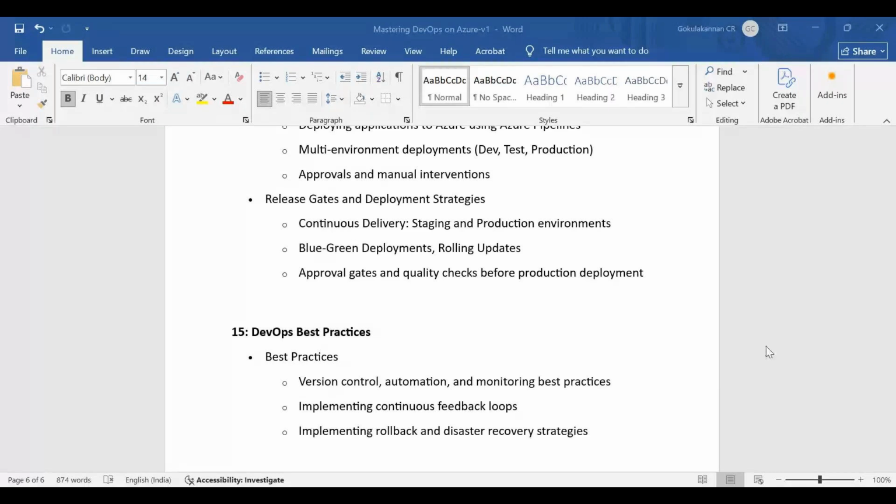The course I have managed in such a way that 40 hours of regular classes would be there, during your weekdays, Monday to Friday, daily 1 hour we'll be doing it. Apart from that, we do have the lab activities also. At the end of every session, I'll be sharing the lab related activities. So if you are doing those labs regularly, if you have the hands-on experience, yes, we can do those certificates also. So the main consideration here is 40 hours live training and 20 hours of lab.